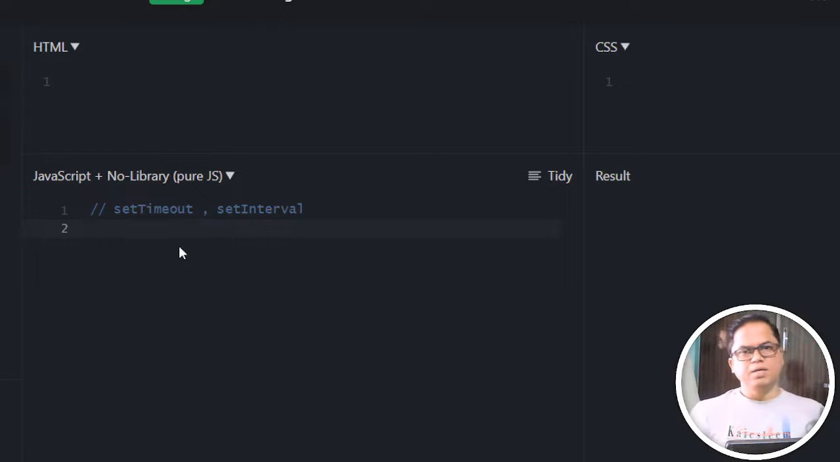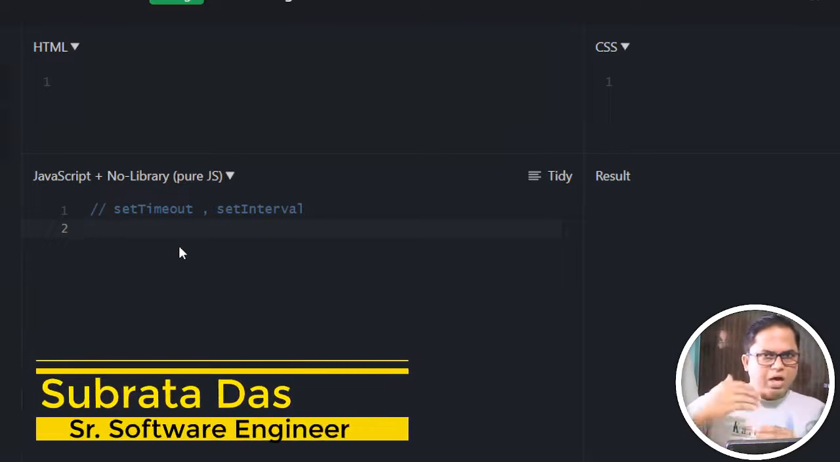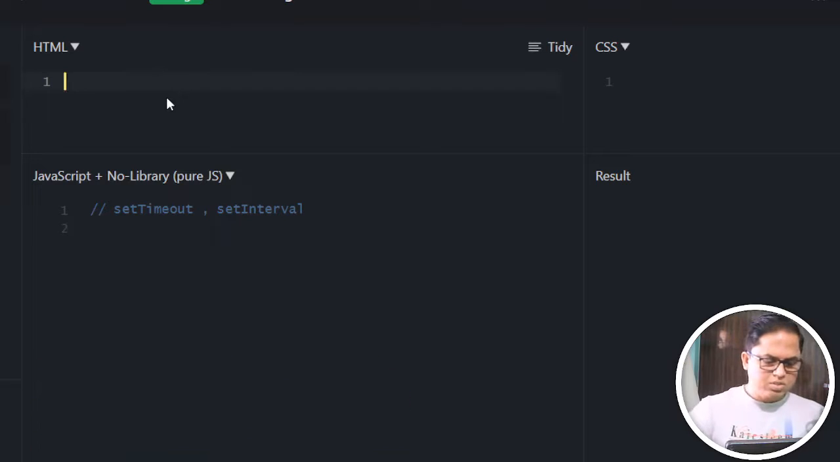setTimeout and setInterval. What is the use of setTimeout? We can do a specific operation after a specific time, and for that purpose we are using setTimeout. Let us create an h1 tag with an id,